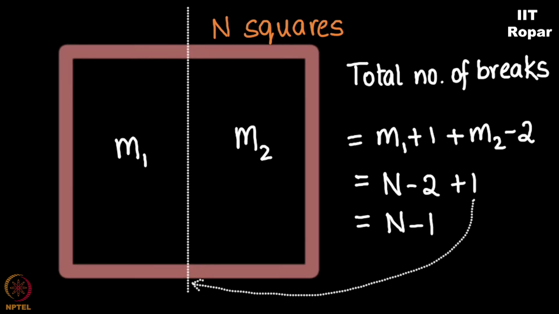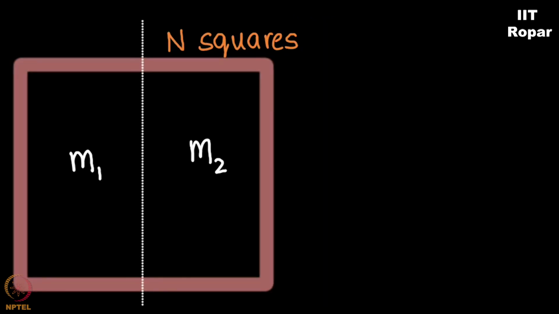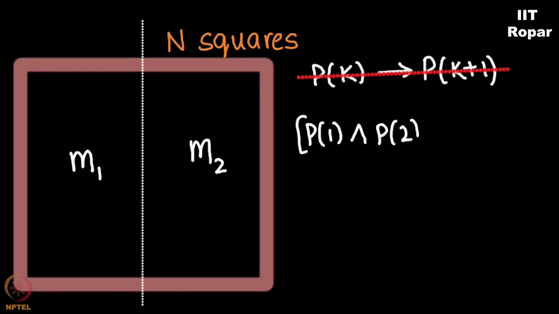Did you observe something very special about this problem? If you observe deeply, you will realize that this is not the typical induction that we do. Assume something to be true for p of k and show that it is true for p of k plus 1. We didn't do that. We assumed that it is true for everything which is k or less than k. We observed that p of 1 is true, p of 2 is true, p of 3 is true, p of k is true. Everything is true, and hence p of k plus 1 is true.